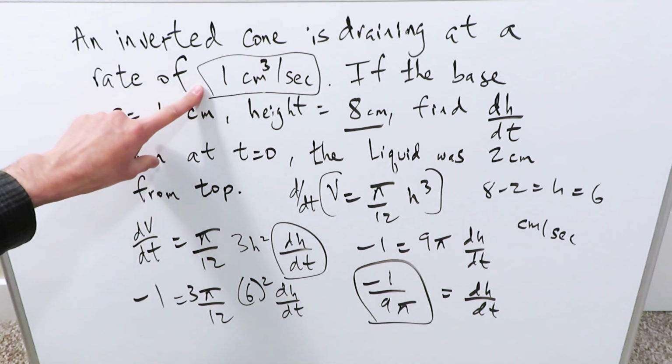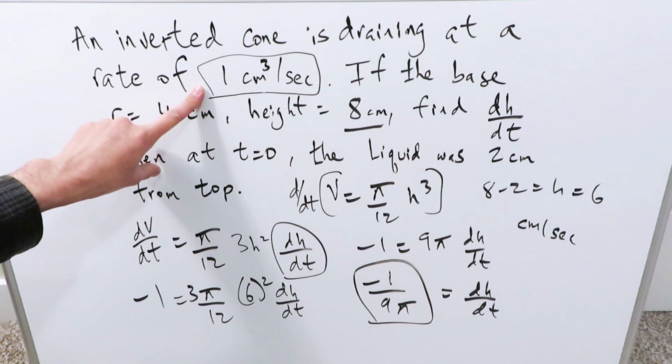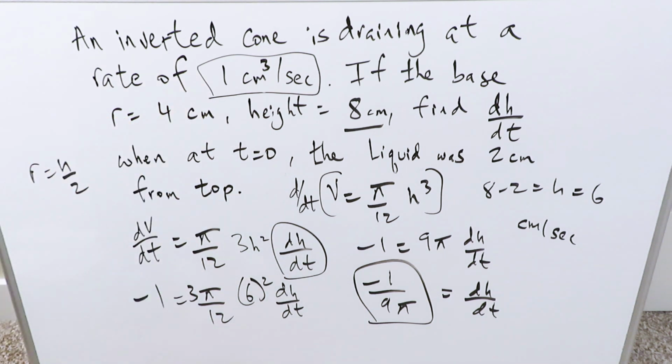As the volume is decreasing at a rate of 1 centimeter cubed per second, the height of that liquid in the inverted cone as it's draining is decreasing by this rate, minus 1 over 9 pi centimeters per second, and